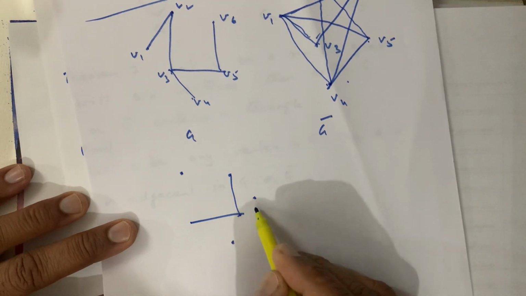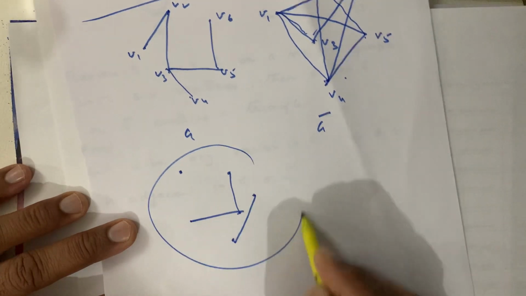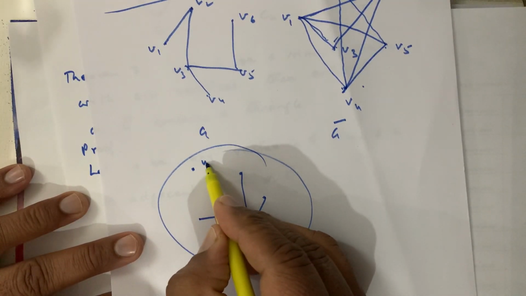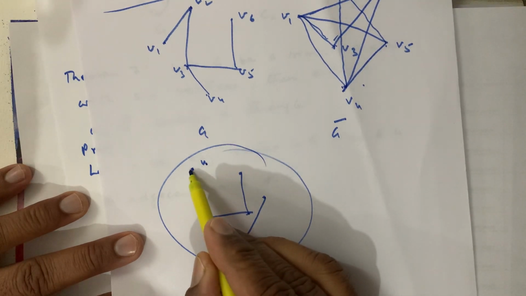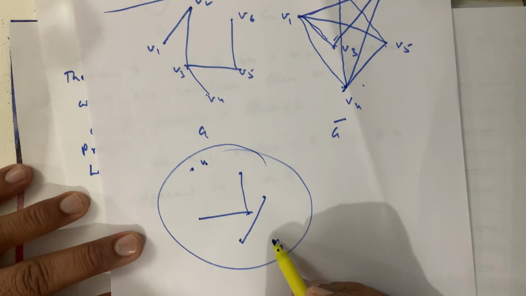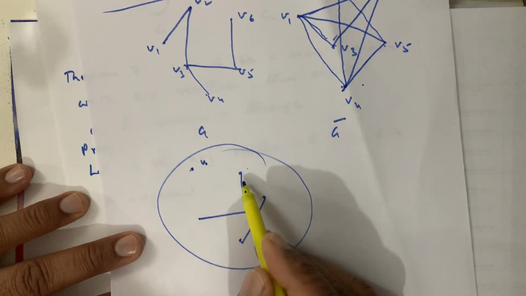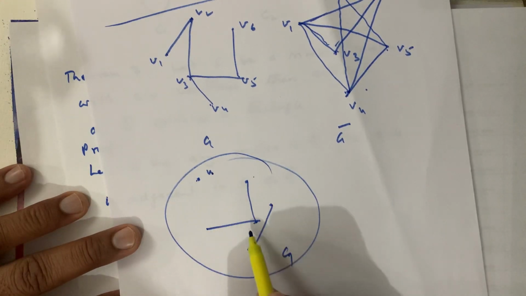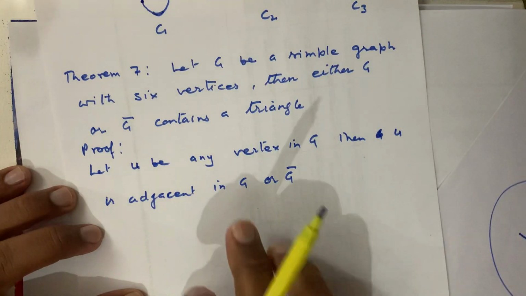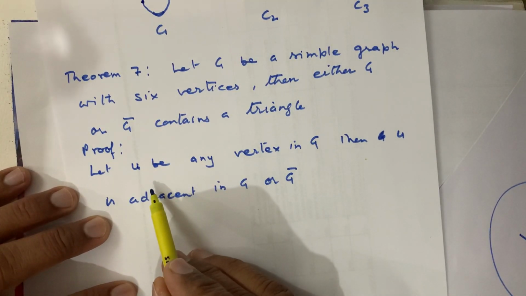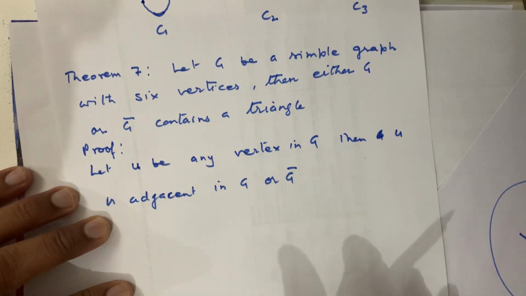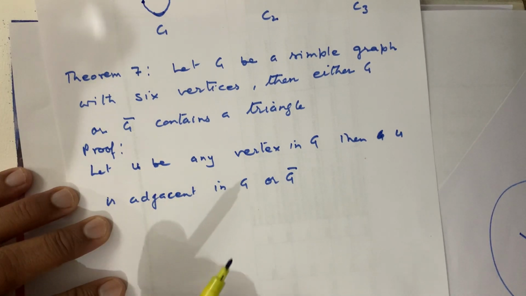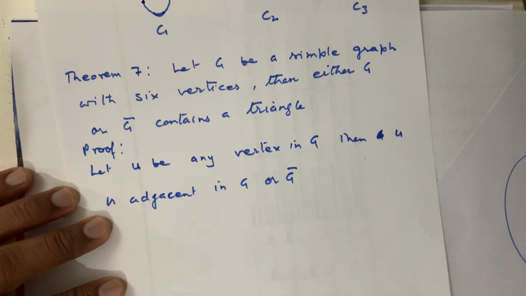ये ग्राफ है मेरा, suppose this is my G, or if you take this is U, then this vertex in G is isolated, but in G bar it is adjacent to all these vertices. If it is adjacent in G itself, then okay, हम ये मान रहे हैं कि कोई भी वर्टेक्स U है तो वो वर्टेक्स या तो G में एडजेसेंट वर्टेक्स होगा या G बार में एडजेसेंट वर्टेक्स होगा। मीन्स या तो G के अंदर U से कोई एज होगी या G बार में U से कोई एज होगी।